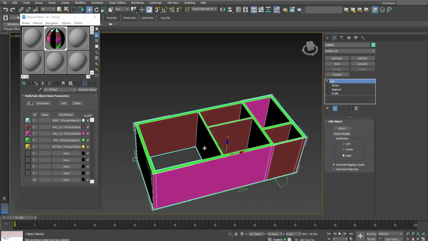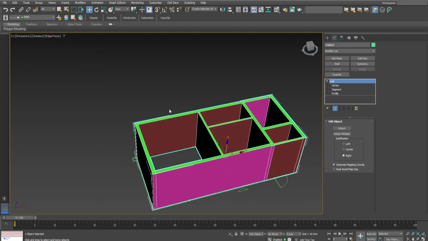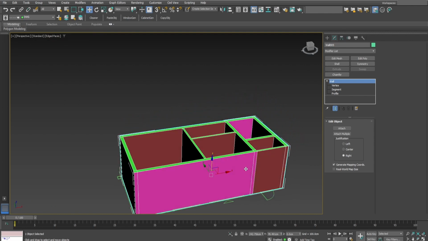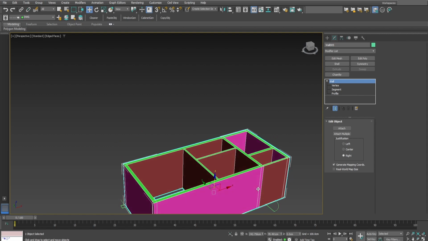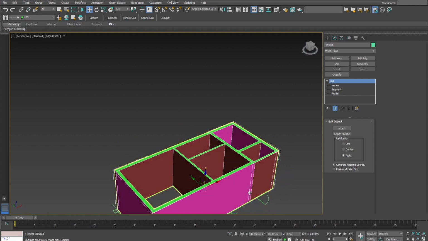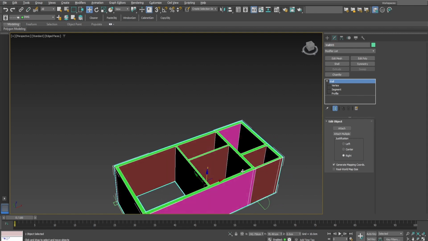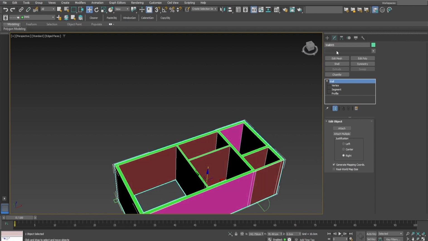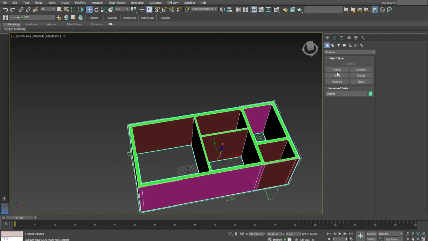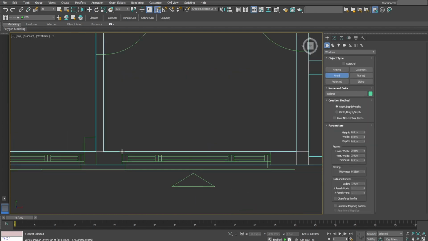Now that we have covered the basics of the wall tool, let's move to some advanced techniques. We can also create parametric openings for the windows and the doors. In my workflow I prefer to use the windows and door tools inside 3ds Max to create the openings inside my walls. So let's